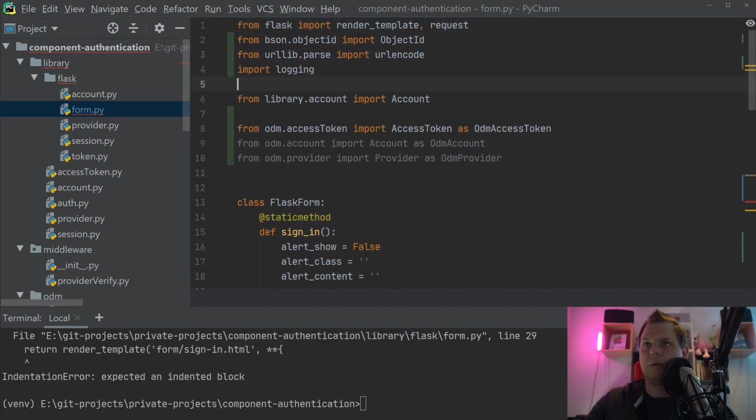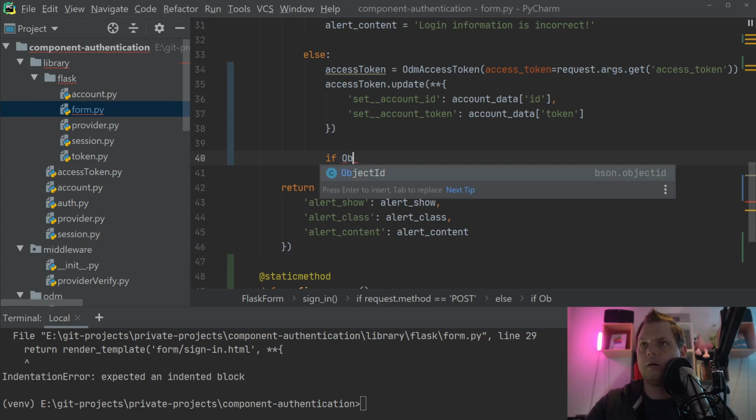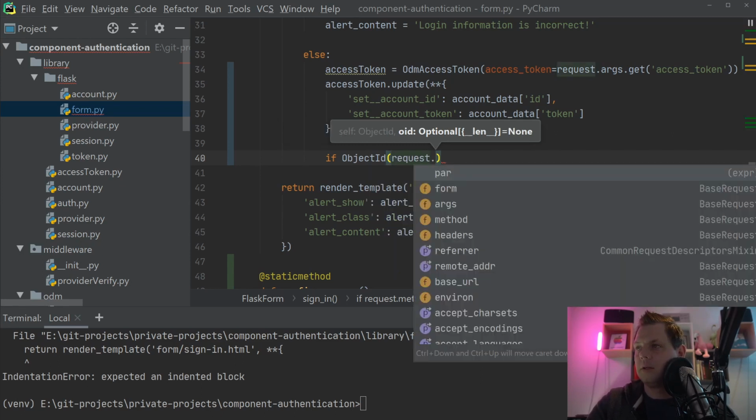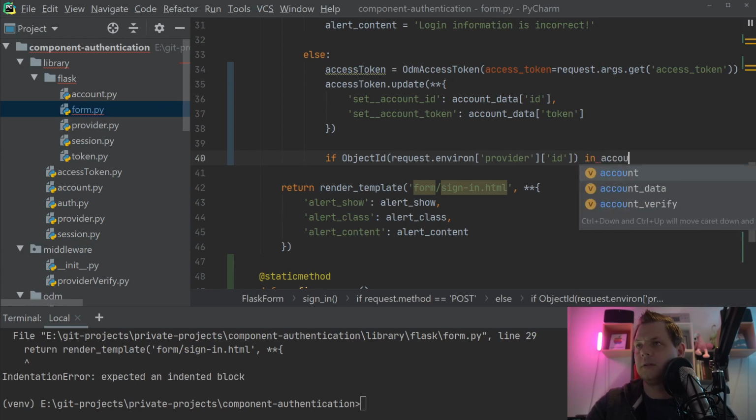Let's move them below here. Object ID, and then we ask for the request and environment provider ID. It's in account data